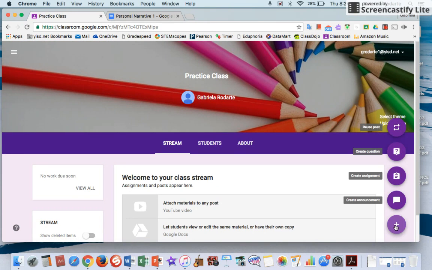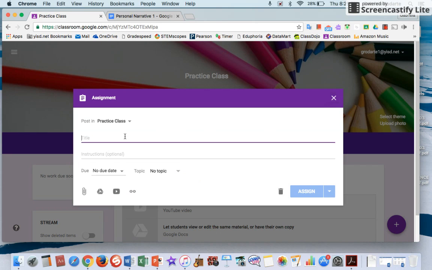Down here in the corner, you see the plus sign. We're going to create an assignment. So this one, it's this one right here, plus sign, create an assignment. Here you also have to create a question or an announcement, but the one we're going to use right now is assignment. So I'm going to click there. You're going to put your title. I'm just going to title it Personal Narrative 1, just like I did